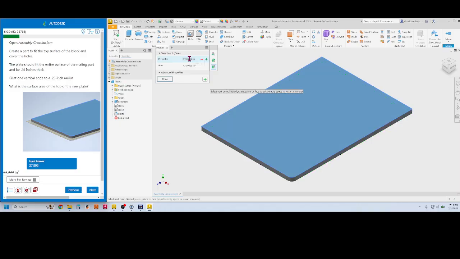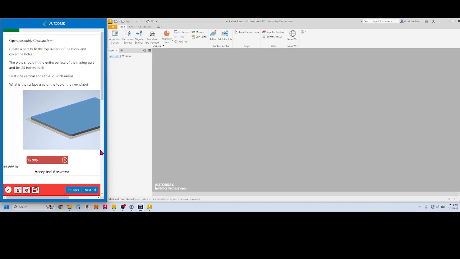Oh, I put the perimeter. Golly. Okay, so now 47,986. Let's see. Control V. Next. Yeah, so